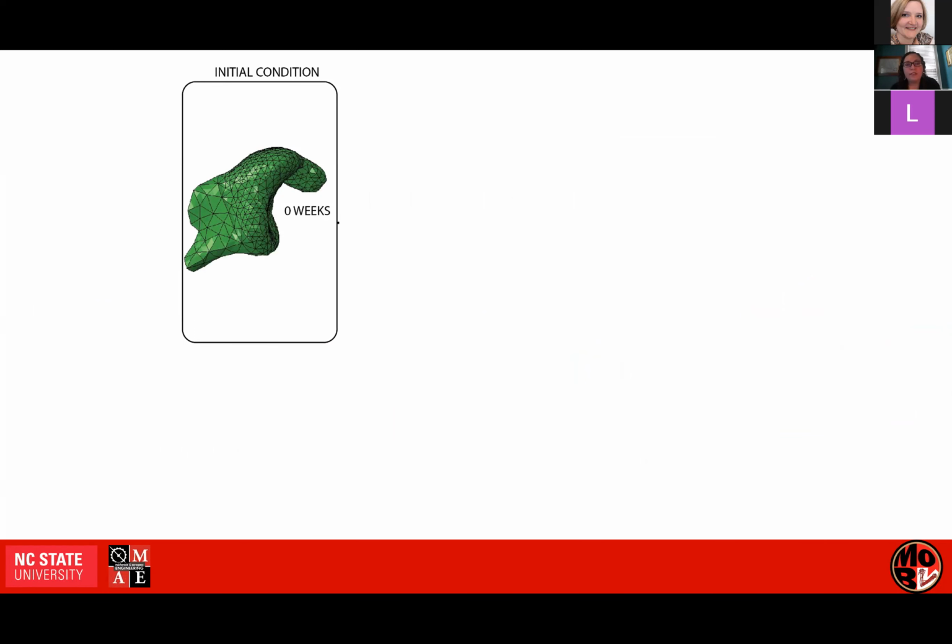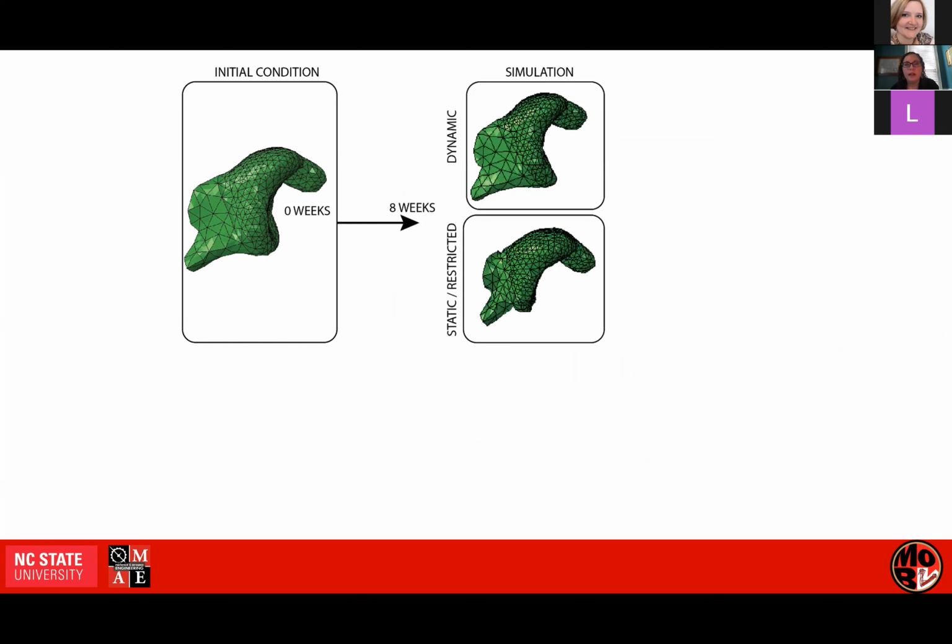So what we found is that if we start from the same geometry, and we derived this from images taken from neonatal rats, so we knew what the joint shape should be at birth, and then we simulated it over 8 weeks, looking at 2 of the conditions right away, you can see that we predicted a healthy looking glenoid for a dynamic, typically loaded shoulder, and it predicts flattened and declined joint configuration for a paralyzed and restricted muscle growth case,